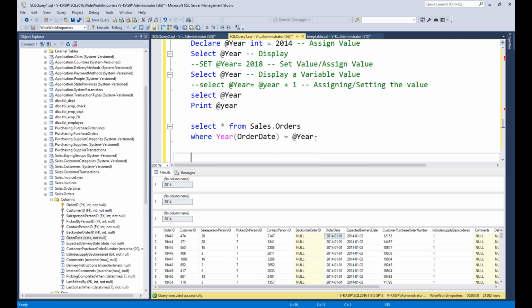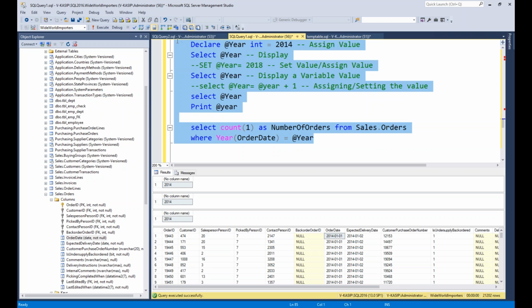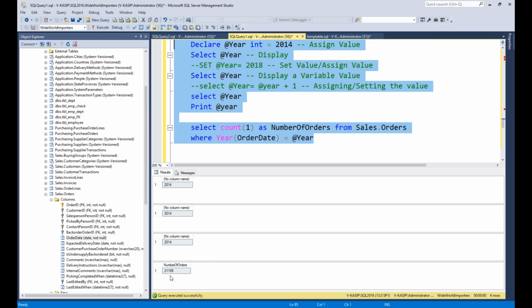That is the purpose of the variables. And if you want to get the sum of the sales, or the count of orders for each year, then I can use count of 1 as number of orders. So for the given year, whatever the year I have passed, I want to get the number of orders. So for 2014, I have 21199. For 2015,